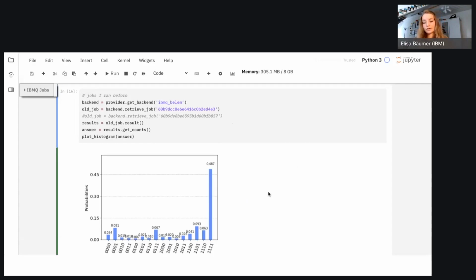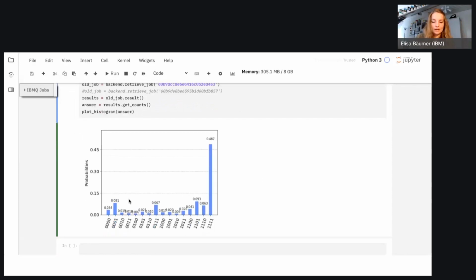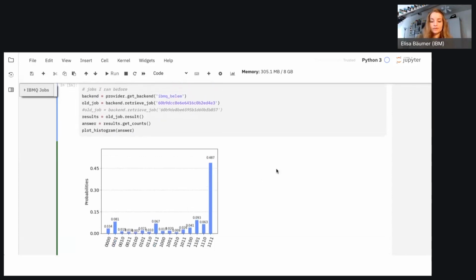So you have even more gates than just the CNOT gates that we need for the oracle. And this leads to a bigger depth, and since qubits are not stable forever but have some coherence time, this will at some point lead to more and more noise, and that's why we have so much noise here.